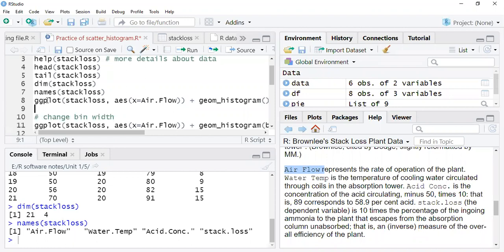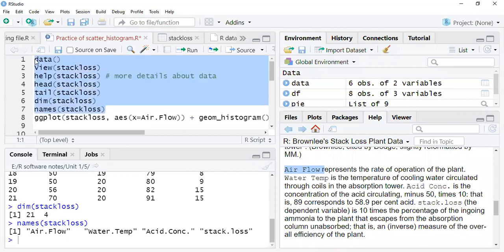So this is about how to access the inbuilt data in R, and how you can understand this data in more detail: what the variables are, what the dimensions are, and the rest. If you have any query, you can ask so far.